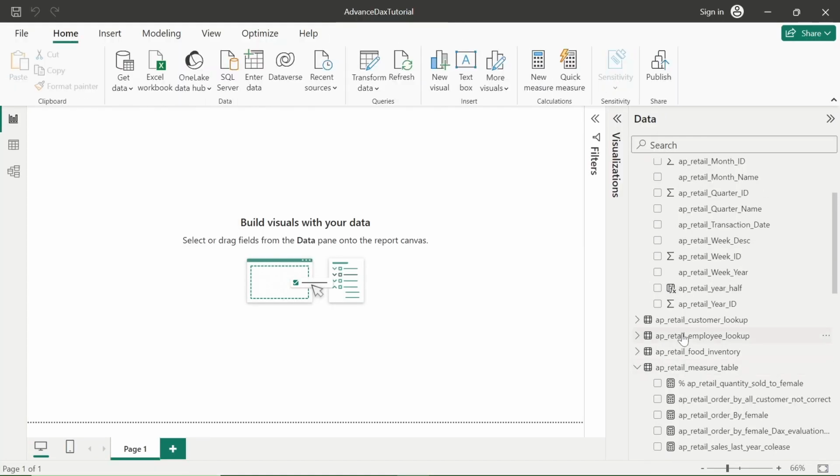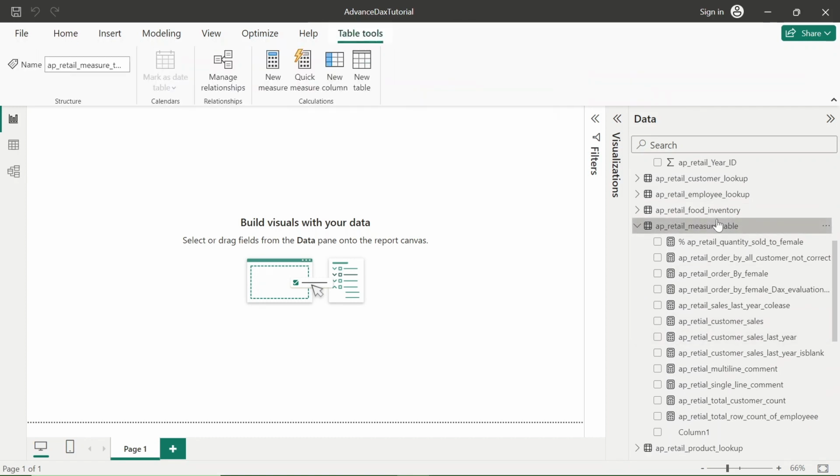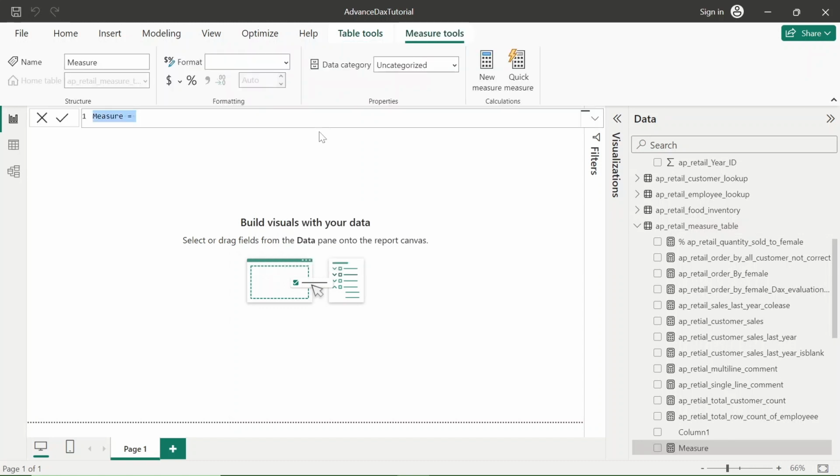Let me go to the dedicated measure table and create a measure. Name the measure AP retail quantity sold sum.